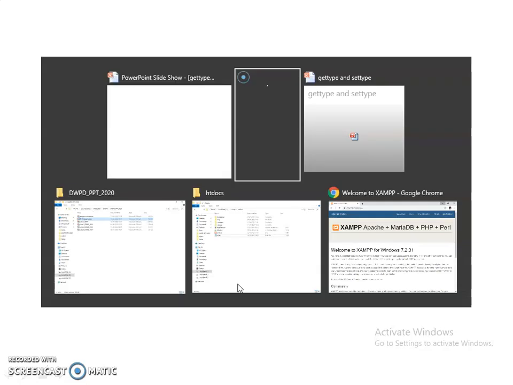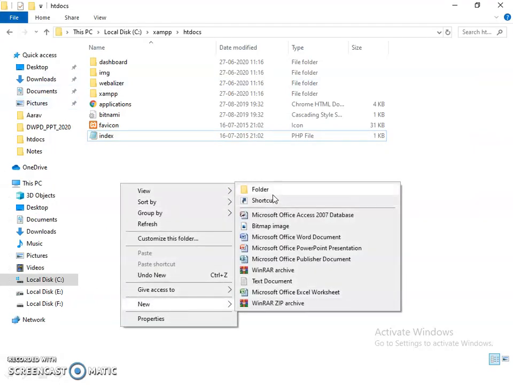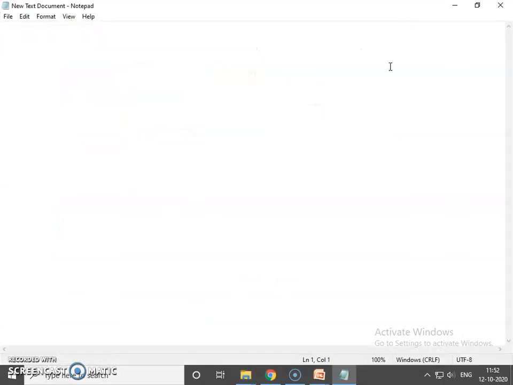Now we will see it practically. So in htdocs, create one file. First we will see the practical of the gettype function. So in a PHP script, first we are declaring variable $a is equal to 10.